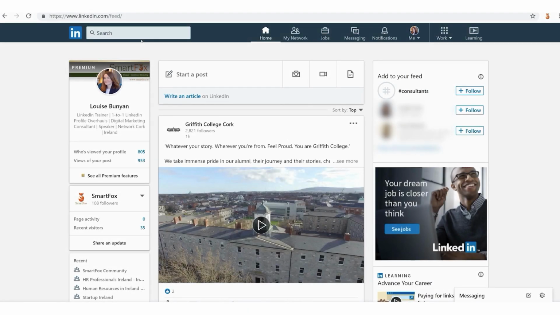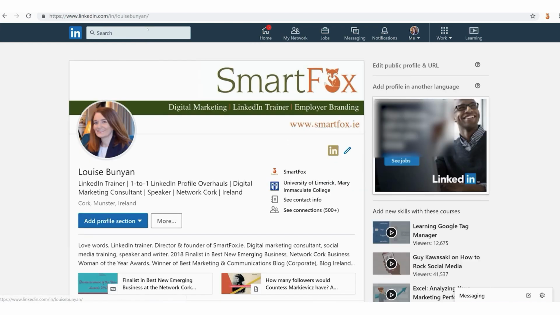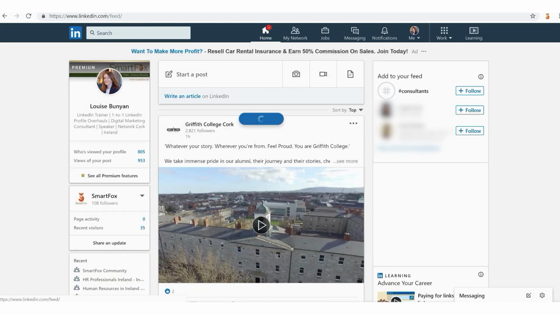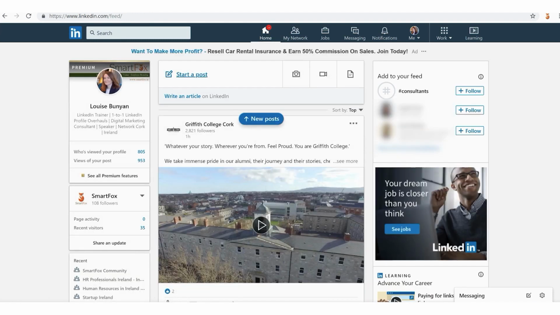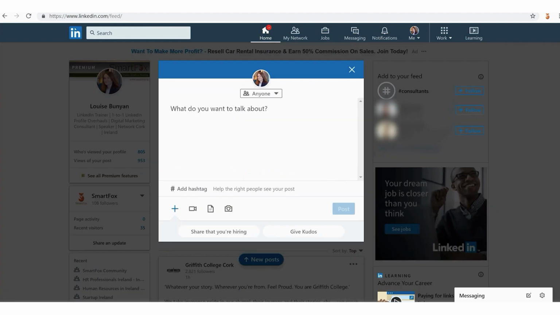If you want to post a photograph on your LinkedIn profile, we can do this really simply, just through a few quick steps. The first thing is you need to make sure that you are on your newsfeed. So you need to be home. So for example, if you are in your own personal profile, the easiest way to get back to this is to press the home button here. And then we're looking for start a post. So when you hit start a post, now let's say, what do you want to talk about?